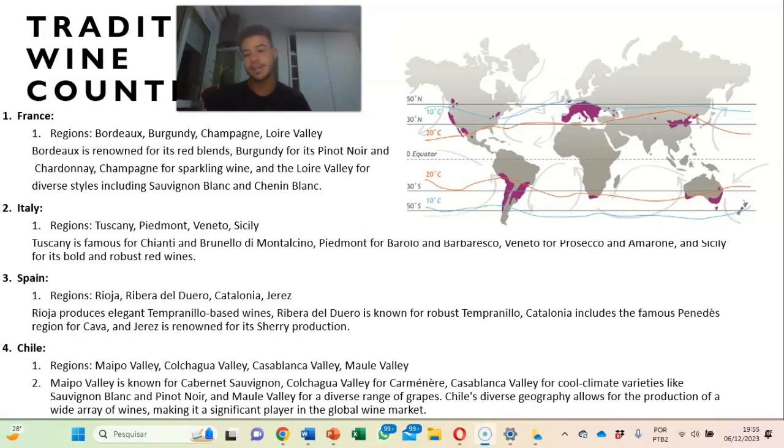Spain, we have Rioja, Ribera del Duero, Catalonia, and Jerez, which are cities that are very famous for it. And because I'm Brazilian, I'm South American, and I have a lot of contact to South American wines, I chose Chile because one of my favorite ones that we're gonna talk about here that I did the tasting, it's from Chile. So it's the Casillero del Diablo. Again, it's in the south hemisphere, but again, the same conditions as we can see in Europe up here. And some mentions about Uruguay and even south of Brazil are very rich in producing wine as well.